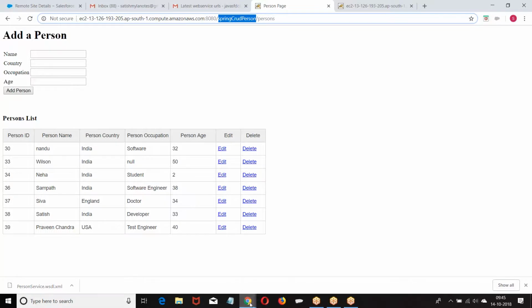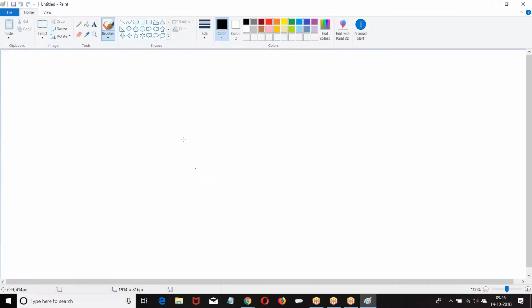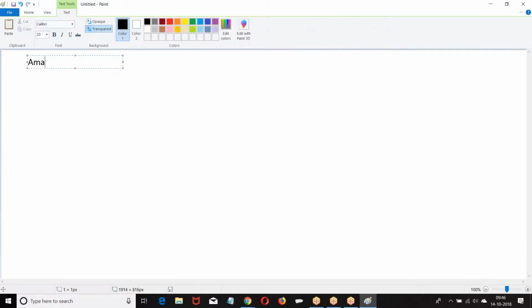Okay. Let me explain the concept clearly. Try to get the concept clearly, boss. The moment I am consuming a WSDL file, they ask me what is the name of the class. I told Amazon example is the name of the class. So this is the main class which is created. In the main class, what do we have? We have a public class,